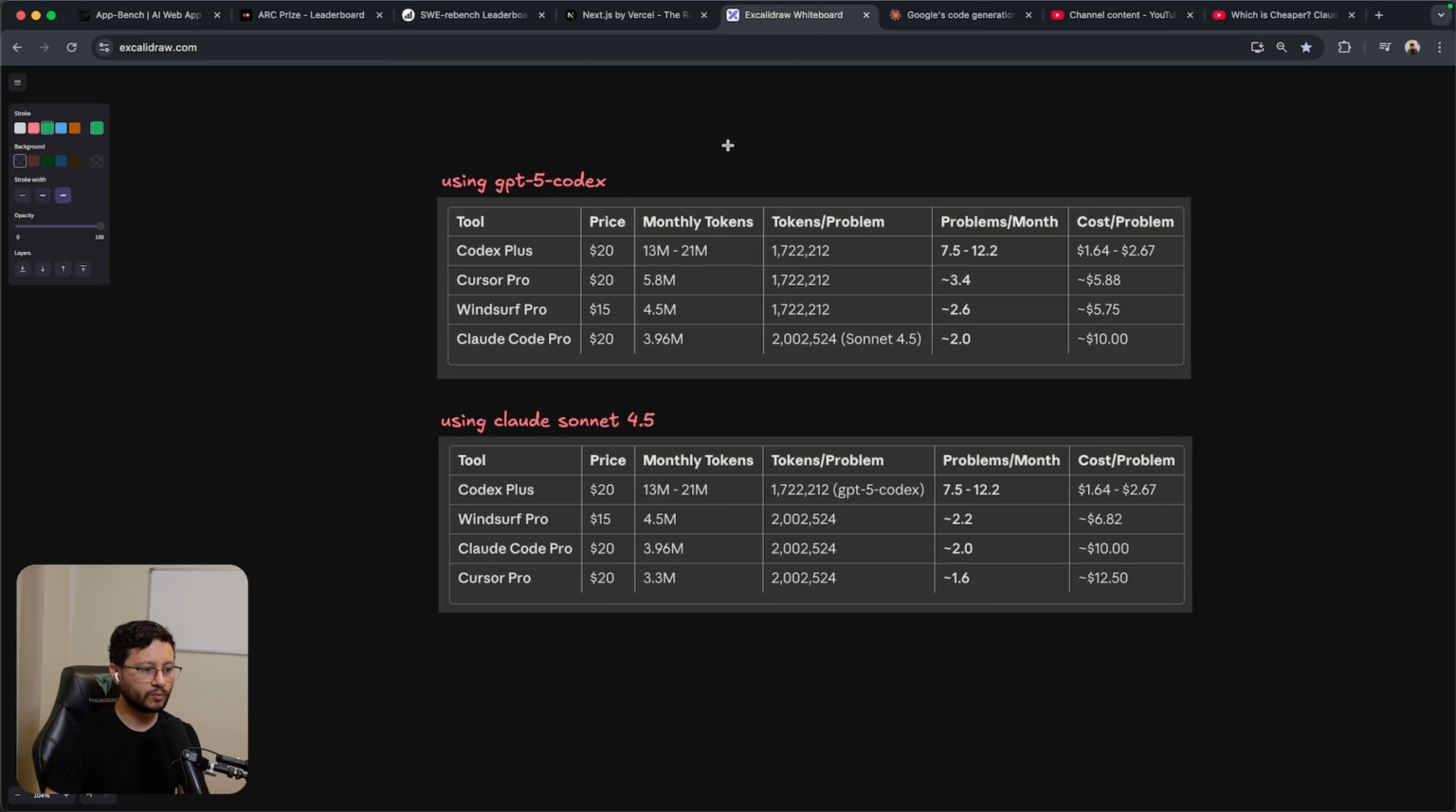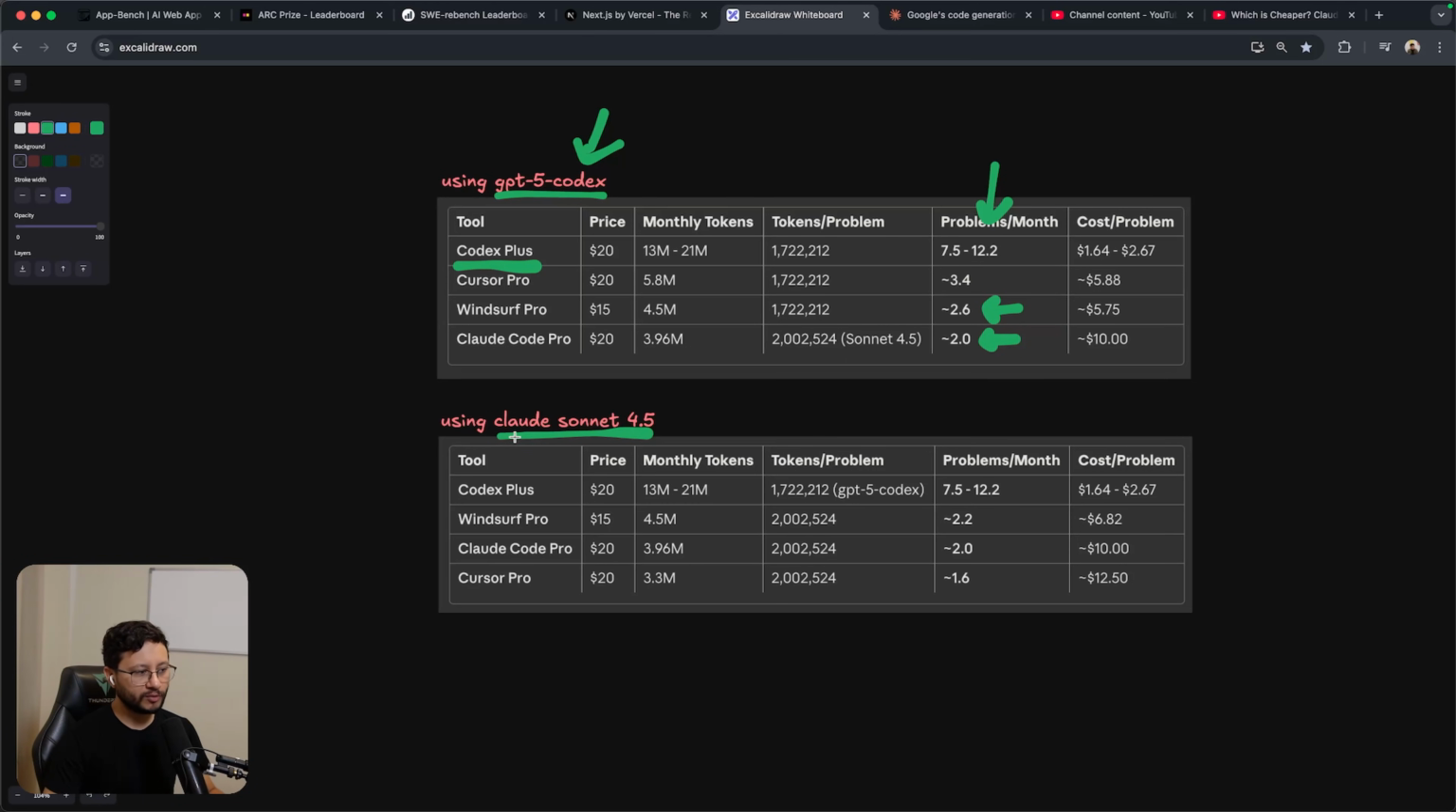So at the end of the day, if we're only talking about pricing, we have to compare it, again, with the cheapest, most cost-effective model that each one can use. First off with GPT-5 Codex, and then we'll take a look at it with Claude Sonnet 4.5. With GPT-5 Codex, we would be able to solve from 7.5 up to 12.2 problems per month with the Codex Plus, which is a lot more than any other. As for Cursor Pro, we would be able to solve 3.4, Windsurf 2.6, Claude Code Pro